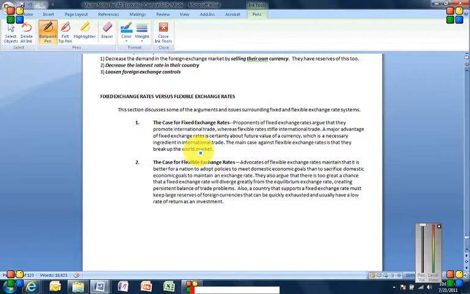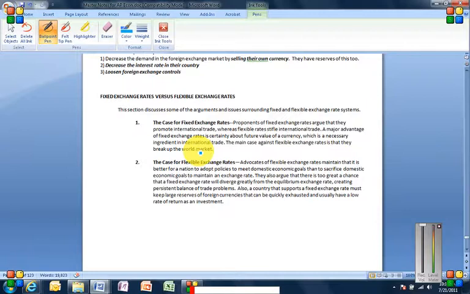Now, the case for flexible exchange rates. Advocates of the flexible exchange rates maintain that it's better for a nation to adopt policies to meet domestic economic goals than to sacrifice their domestic economic goals to maintain an exchange rate. Because, of course, if governments are going to take the position that they have to focus on exchange rates and try to fix them, then they have to take resources to make that happen. And so those resources come from another area that they could have had more impact on with regards